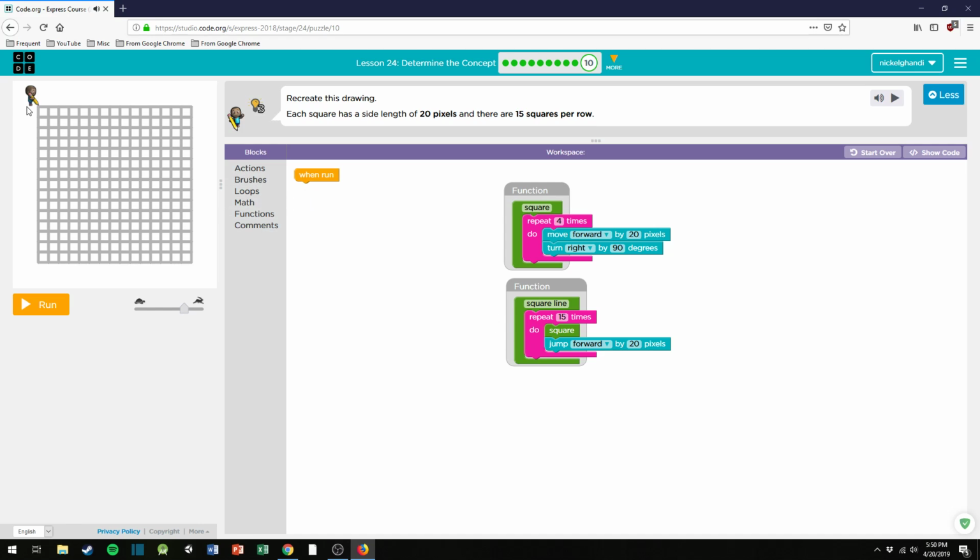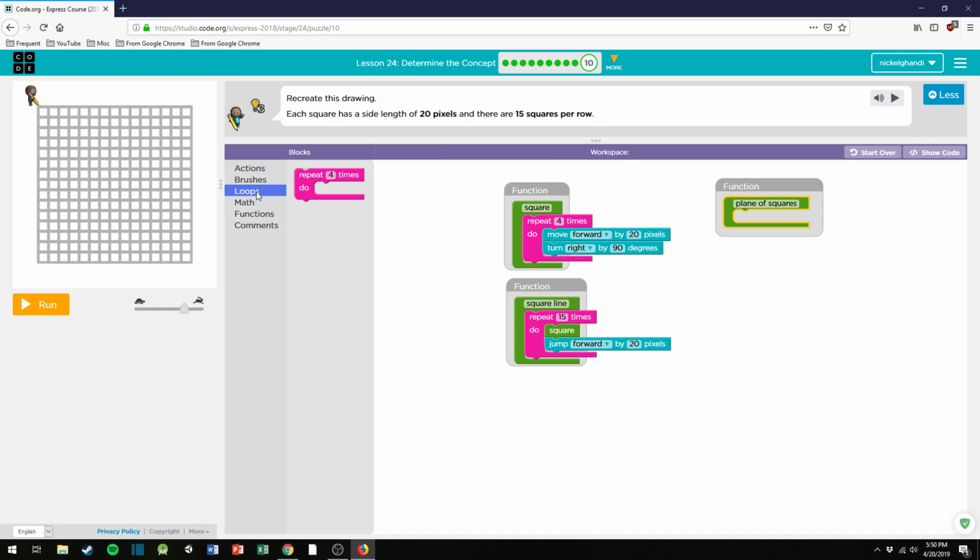And then to draw a 15 by 15 plane of squares, it's just going to be another function, and we'll call it plane of squares. And we will say to repeat this 15 times because it's 15 by 15. So we need a loop, and we need to repeat this 15 times. And this is where we're going to have to add some extra code and get a little bit fancy. So the first thing we need to do is draw a line of squares, but then we need to do something else. We need to jump backwards by how many